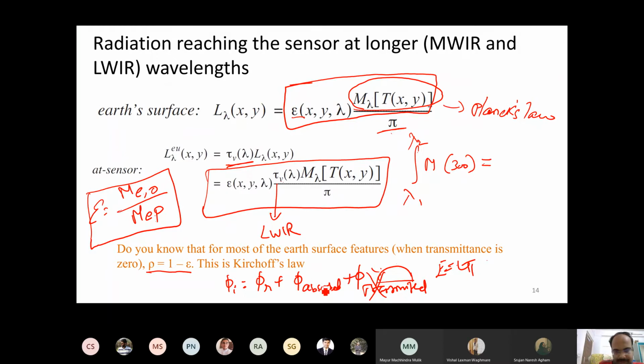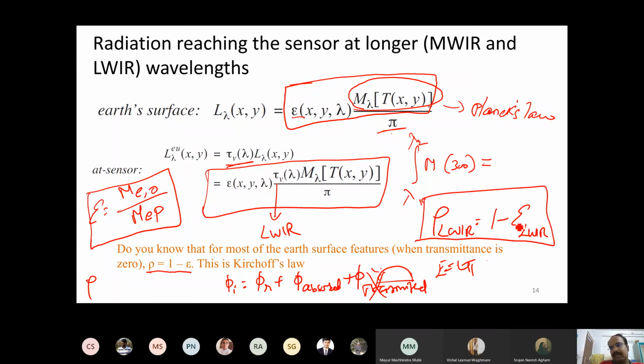Using that, if you substitute, reflectance in the LWIR band will be equal to 1 minus emissivity in the LWIR band. This is true for any band; we have to use the corresponding values. That's why I wrote LWIR specifically for the long wave infrared portion. But whatever the band, whether visible, SWIR, whatever, this law will hold good. This is just for information. Again, in the later part of the course, in thermal infrared remote sensing, I'll talk about this in detail. But remember this: reflectance is equal to 1 minus emittance. Please have it in mind.